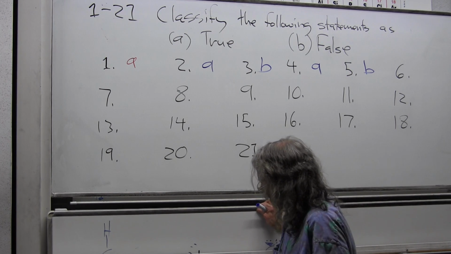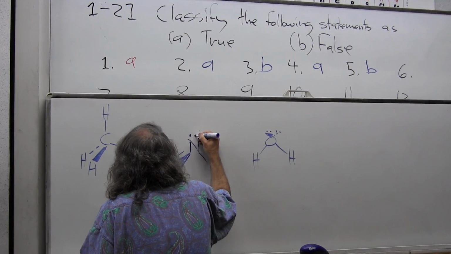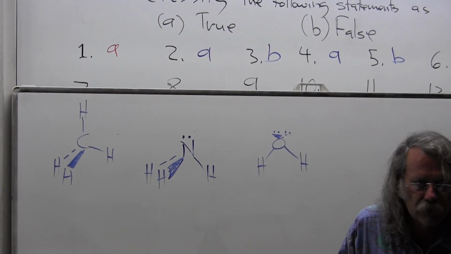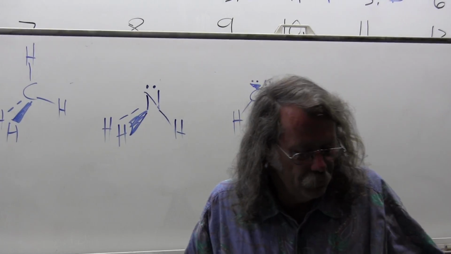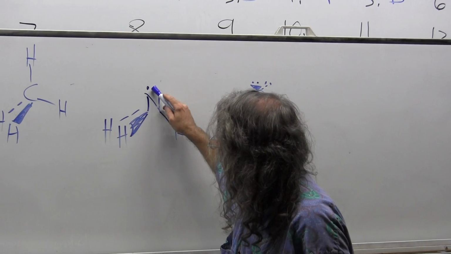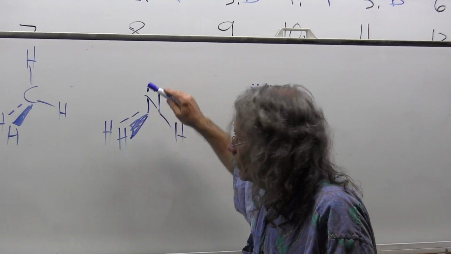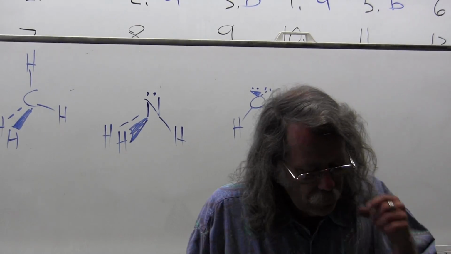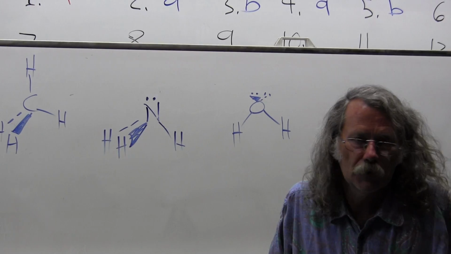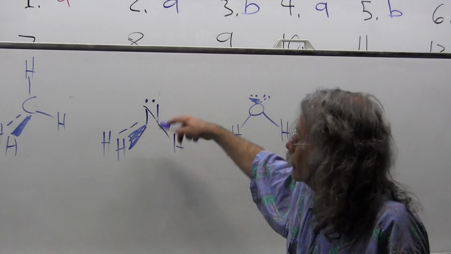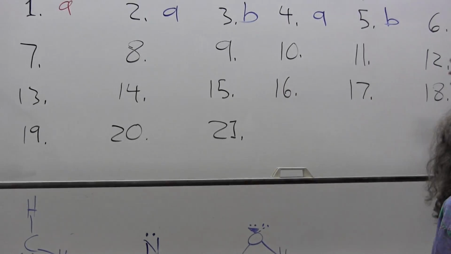Well, I can think of one such case where that's true, and it's going to be true in every such case. Here is a molecule with 4 electron pairs and 1 lone pair of electrons, and it has trigonal pyramidal molecular geometry. It has tetrahedral electron-pair geometry. So number 6 is definitely